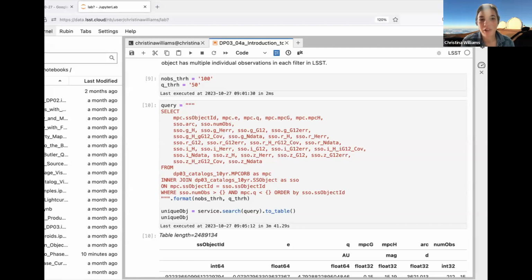Yeah, it's true. Q less than 50 AU is nearly everything. We decided to retrieve a bunch of objects like that because then we could show the differences in the phase curves as you go between distant solar system bodies and nearby solar system bodies. We did not test this out with a number of people running the query at the same time, so I'm sorry about that. Does anyone have any questions about the content so far besides the query crashing?